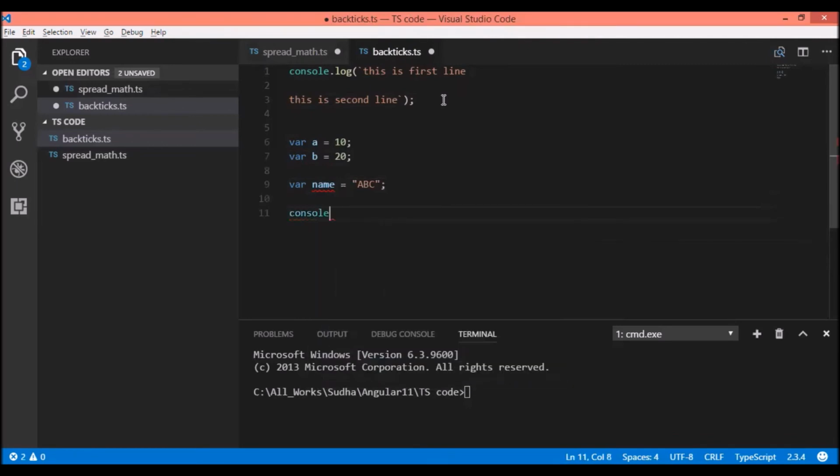So write console.log. This backtick can also be used to calculate the result of the expression of the variables that we are passing. So how will we write this thing?